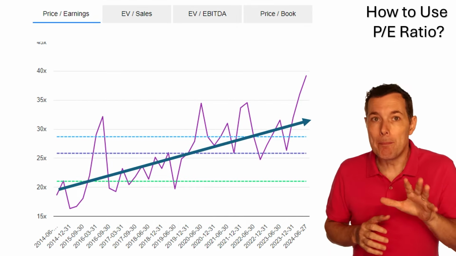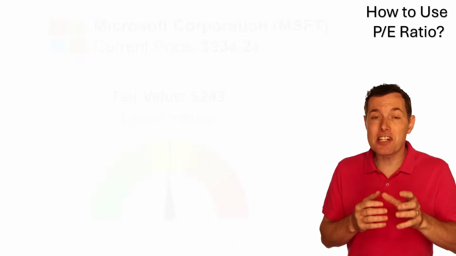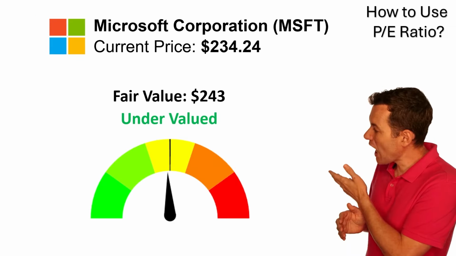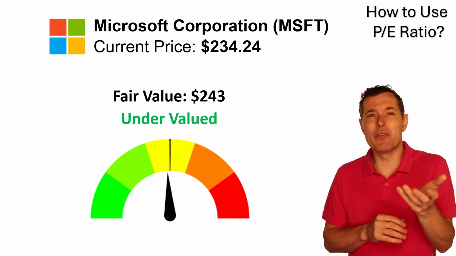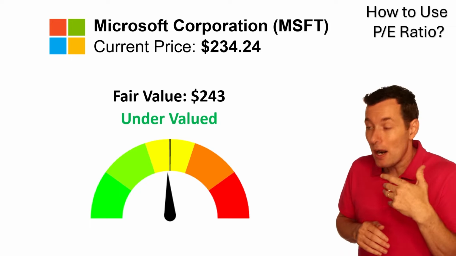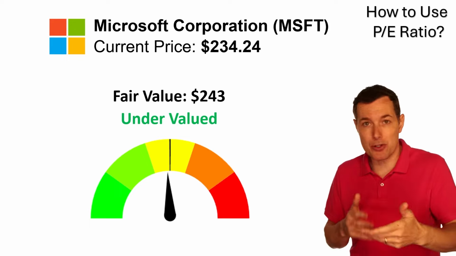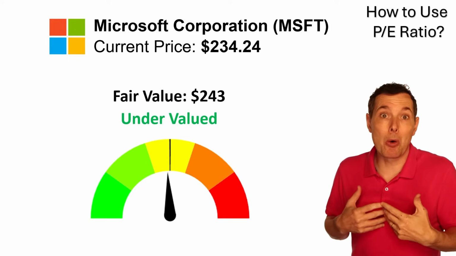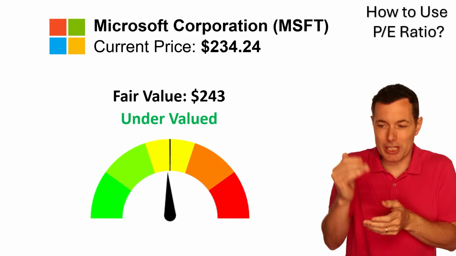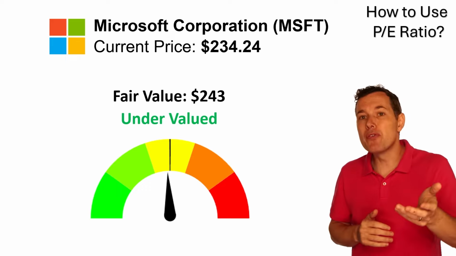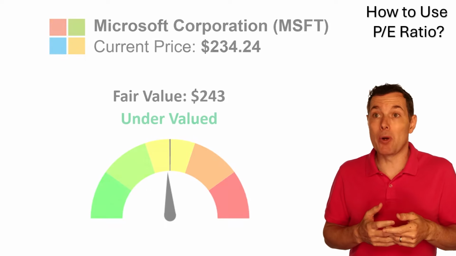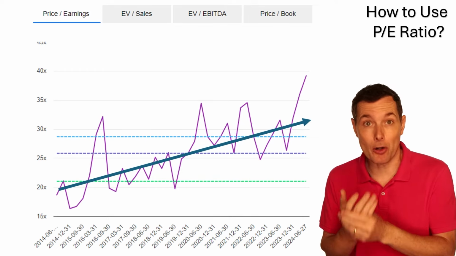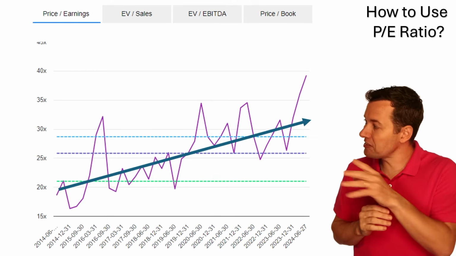Now, back when I bought this stock, the discounted free cash flow calculation came out to be something like this. The fair value was a bit above 240, and the stock was at about 230 and change. Well, that's where I bought it. I jumped in and bought it shortly after it dropped below 240 per share, which is why I was interested in doing it. But when I double check the price to earnings multiple chart,